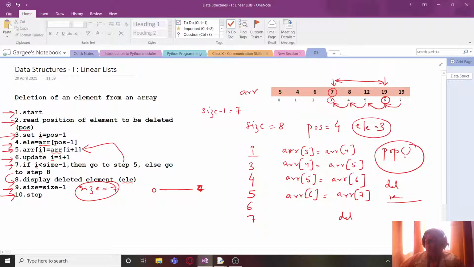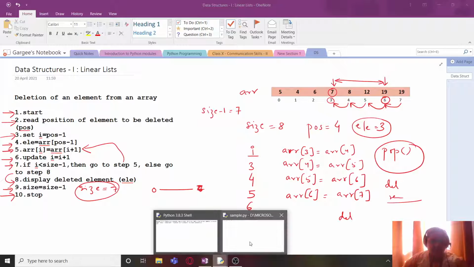Or we can also simply use the pop function, because the pop function without any arguments removes the last element with the last index of the list. Or we can also say the element with index -1 if we are considering negative indices in Python. So that was the whole procedure, the dry run and the algorithm.